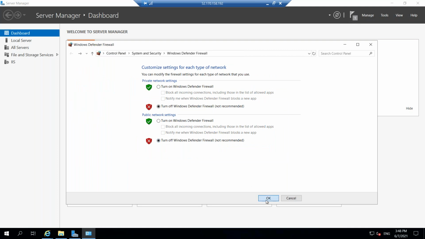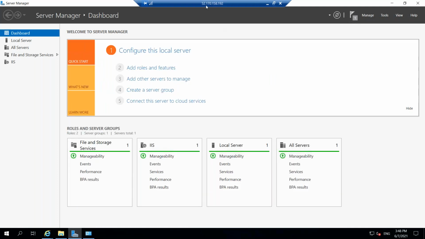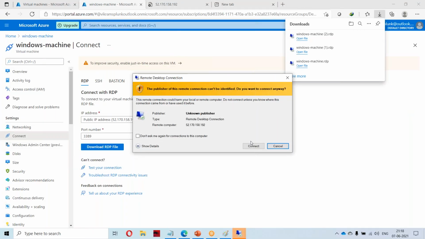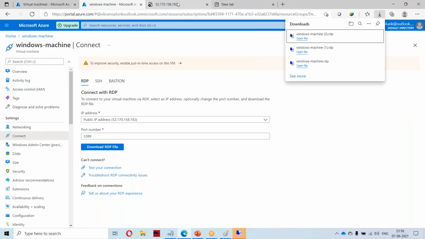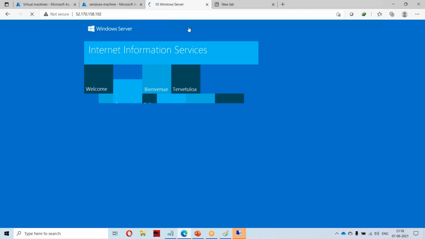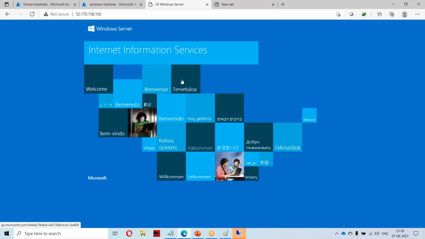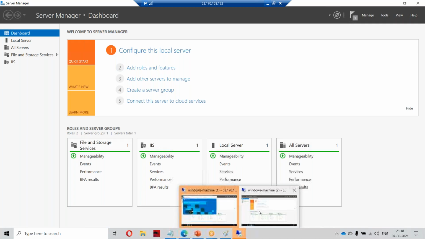Sometimes this will also block. Okay, this firewall will also block. Okay, now I will do a refresh and check. Yeah, see, now it is coming. Why? Because this Windows firewall was blocking.